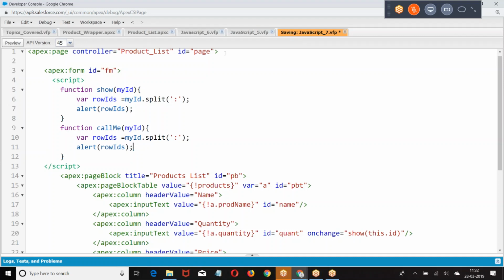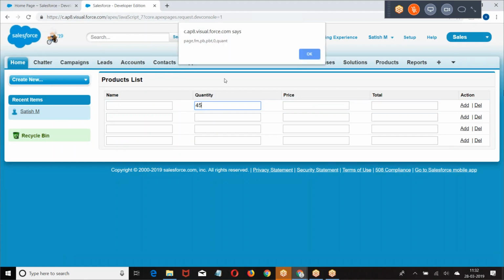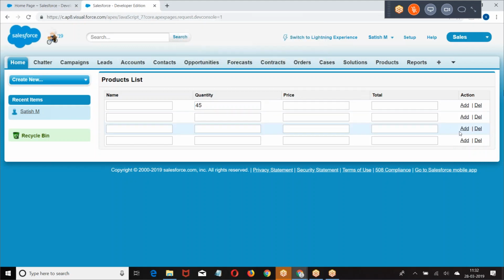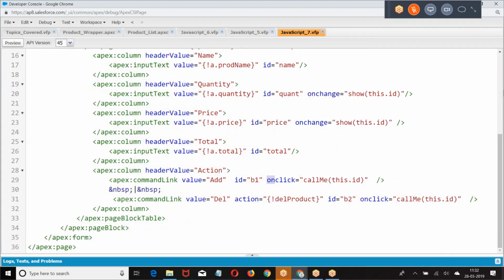How are you getting it? Page, form, page comma, form comma, PB comma, PBD comma, 0 comma, 1. There's a bug with this. Let me find out what the issue is here.